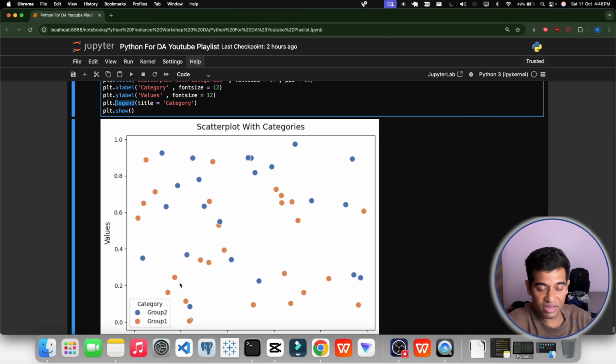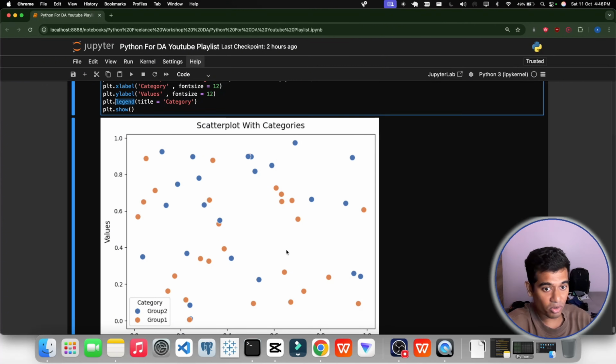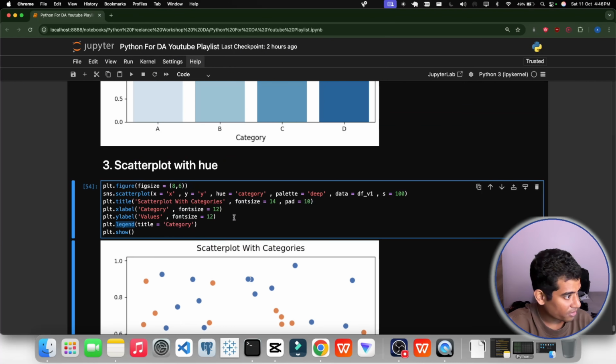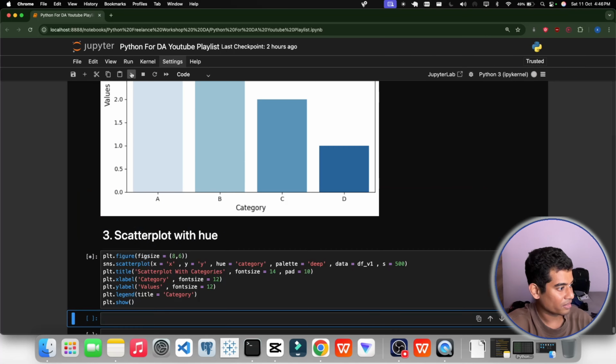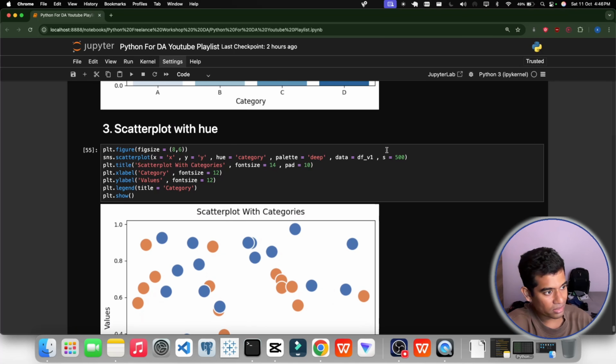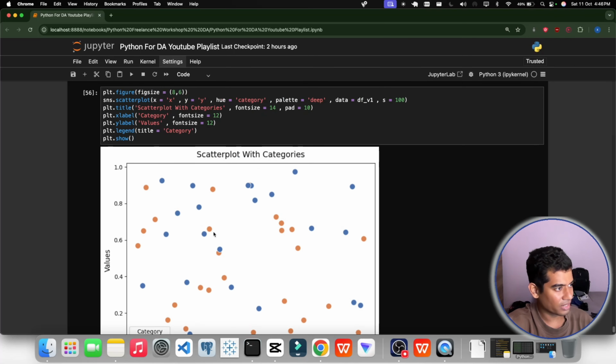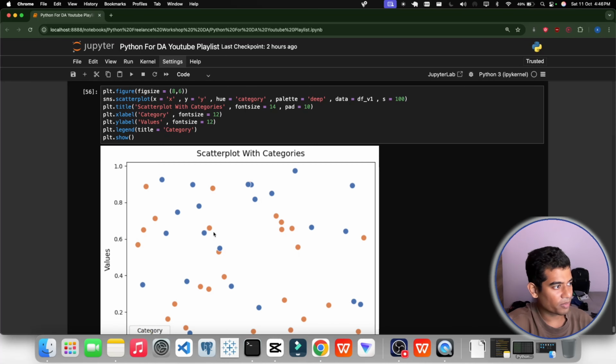So in this what we have got, we can see a scatter plot with two colored groups. So it is like group 1 and group 2, that is the color, though we haven't given any color for that. And s equal to 100 is the size of the points. Like if you write s equal to 500 and run it, you can see the size of the points changes. But to keep it simple, we have kept it like this. Okay, so that is all about it.